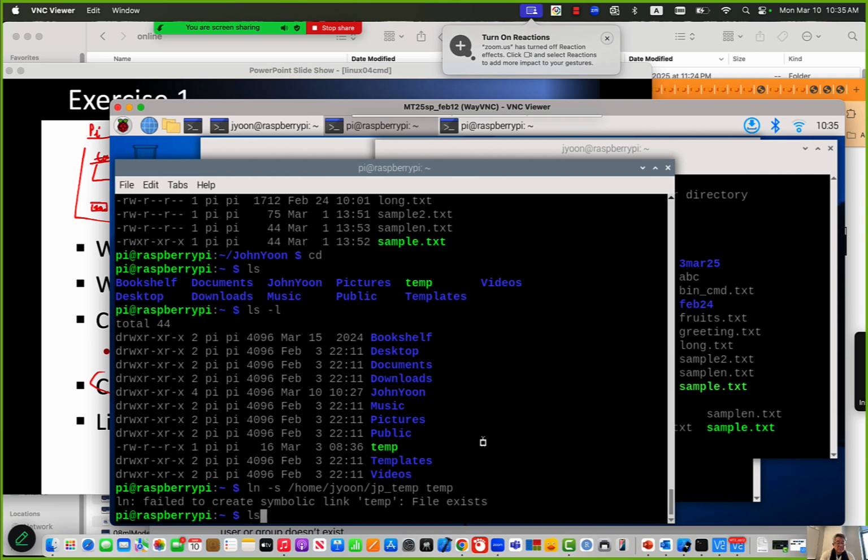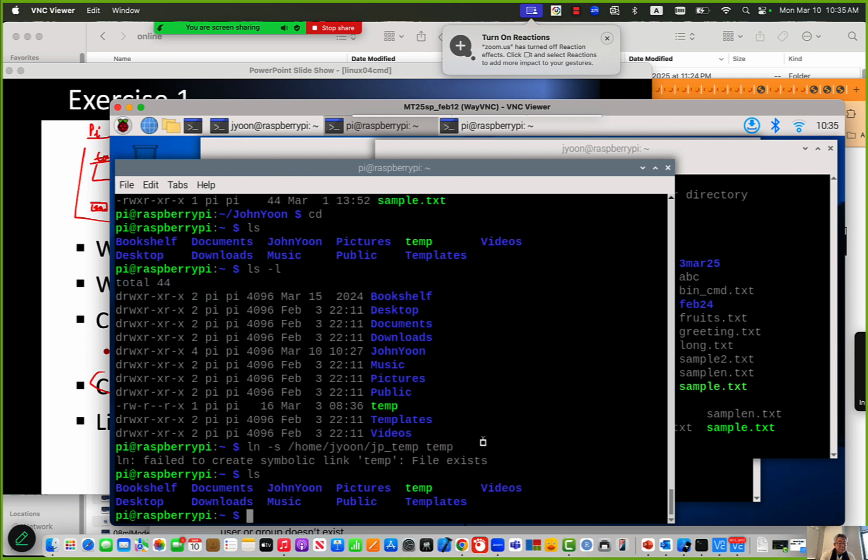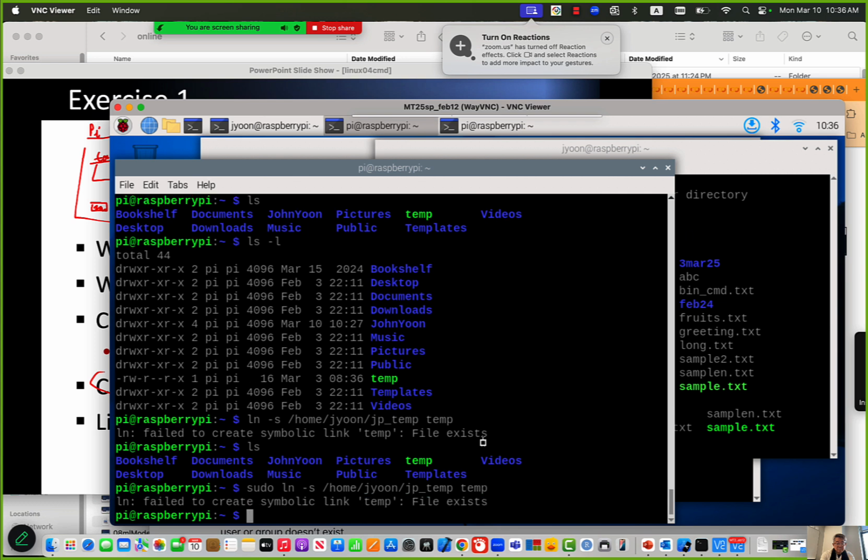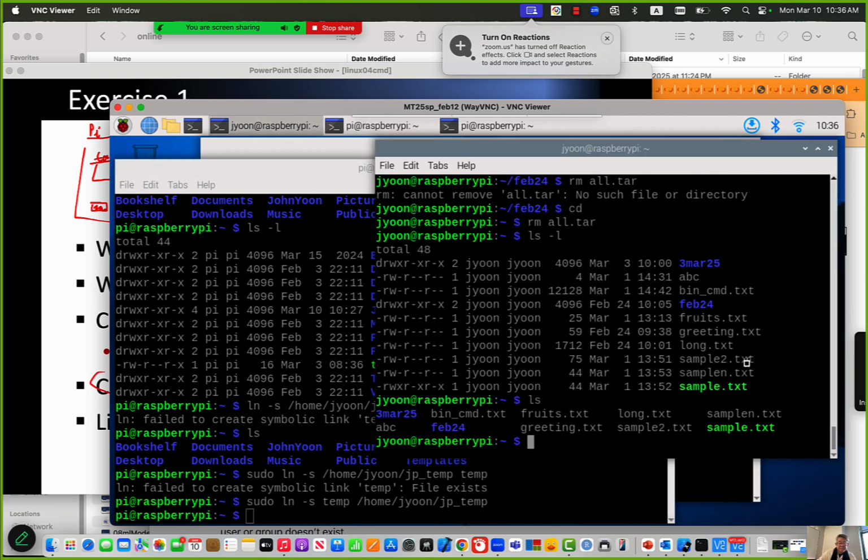Let's see what happens. Failed to create, oh, I need to use sudo. Failed to create the symbolic link, temp file exists. Sudo ln. I think this should be opposite. This temp goes to there. Temp goes to over there. So hit enter. So when I come back here,